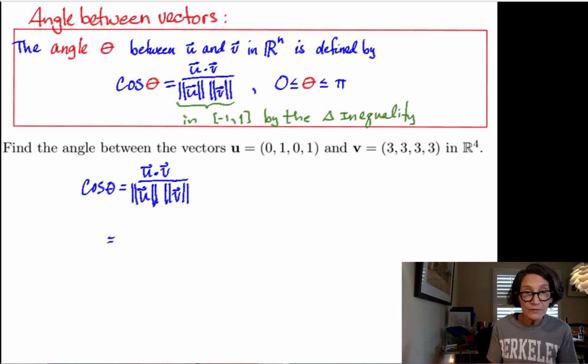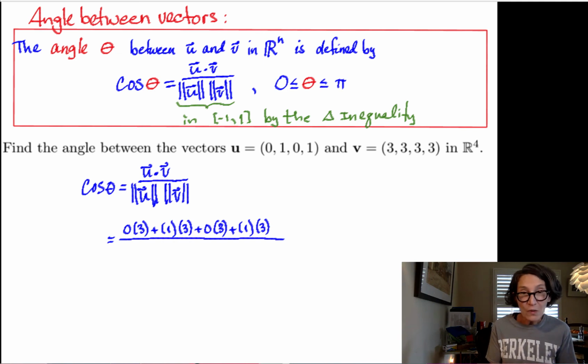Using the definition of the dot product, we take the sum of the products of the corresponding components. So the first components are 0 and 3. So it's 0 times 3 plus 1 times 3 plus 0 times 3 plus 1 times 3, all over